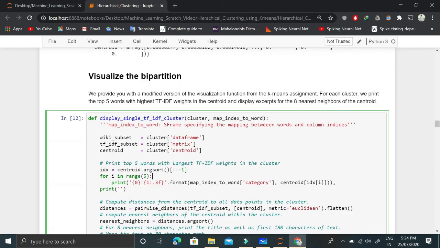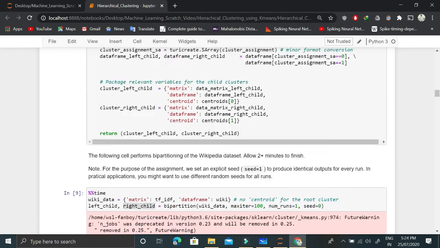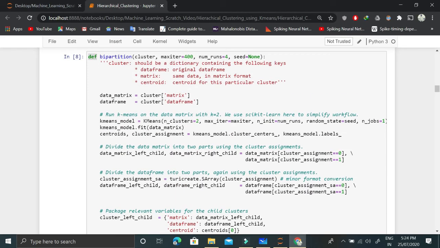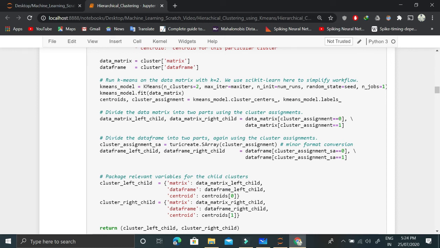As far as the k-means application is concerned, I think this is also easy once you have a look at that video. If you don't want to implement it from scratch, then I think this function of scikit-learn will do the task for you.